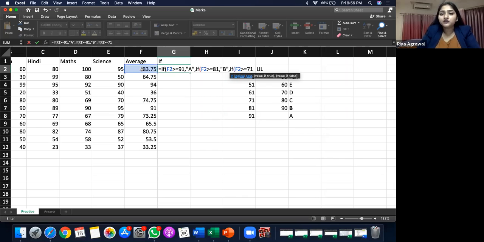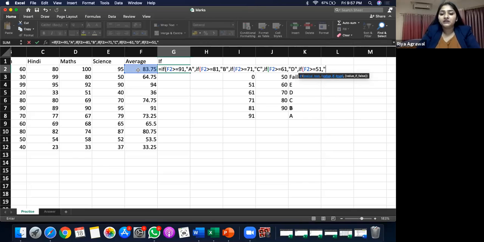If true, then the value will be C. If not, move to the fourth condition, which is if this is greater than or equal to 61, then give me D. If not, move to the fifth condition, that is if F2 is greater or equal to 51,